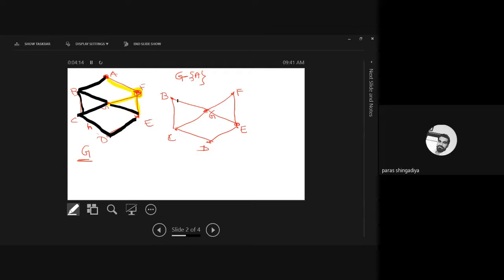Those who have downloaded the old assignment, just remove it and prefer the modified assignment. In that we just changed the notation only. The remaining data is as it is. In some graphs the notations were not visible, so we modified them. The new picture is there. I have already uploaded it in your e-content. I deleted the old file from your e-content and uploaded this new file, so just prefer it. Is it clear? Is there any confusion?